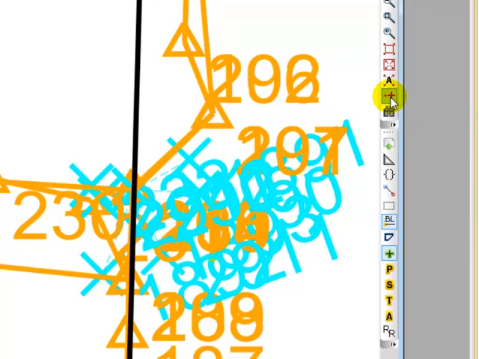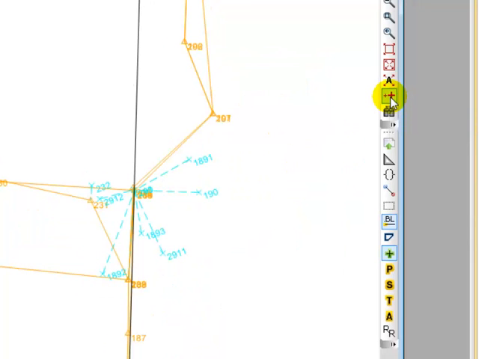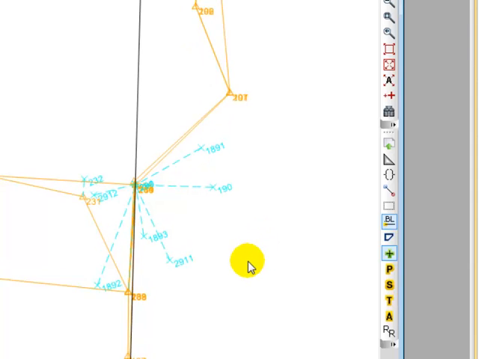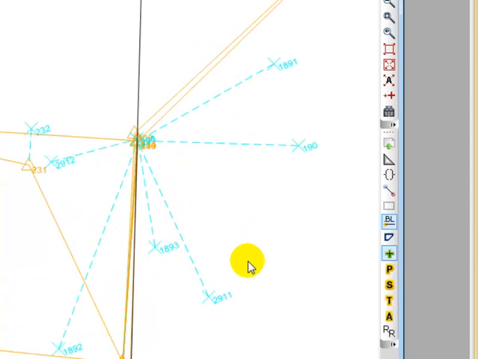Watch what happens when I click this button. See how I create separation and all the labels and symbols and line widths are now back to the values I specified in the Traverse settings. If I click it again, they're zoomed in like they would be if I plotted or printed this, and how they would appear in CAD. I love this toggle because it allows me to zoom in tighter, and I can create separation automatically without having